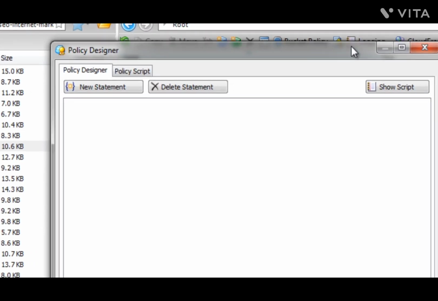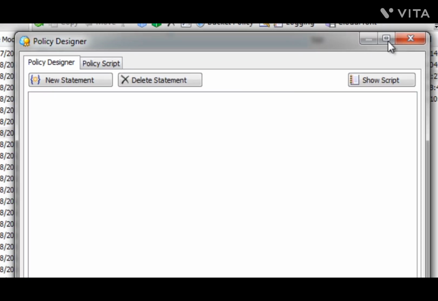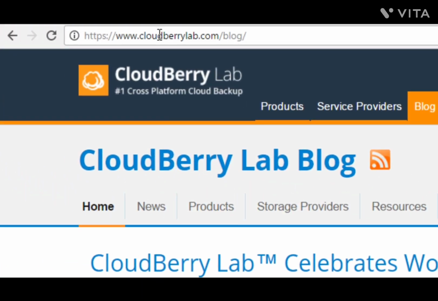Now, this is going to kind of look like code, and it's going to look complex and overwhelming. And that's a fact. It is true. But since most of you are newbies, I'm going to show you how to create a bucket policy by getting a swipe file from Cloudberry. Now, in this case, I'm going to go back to Cloudberry. So I recommend that you go to